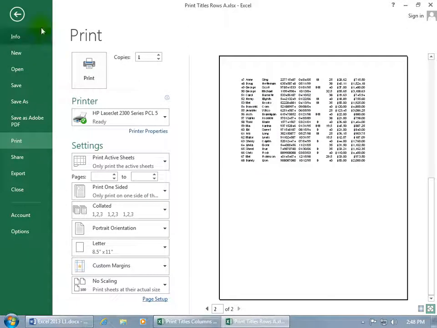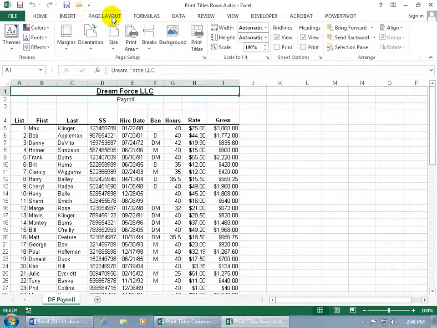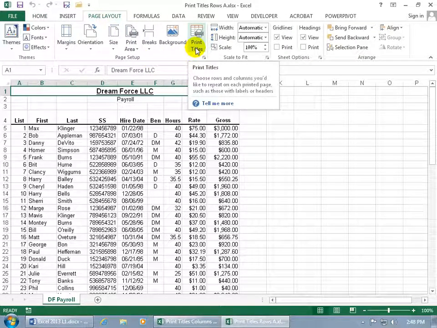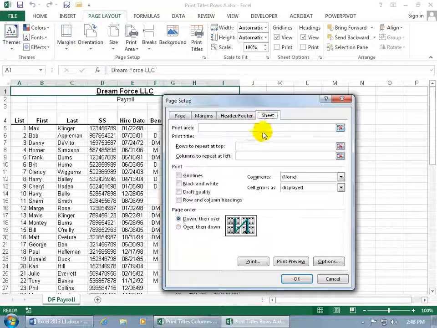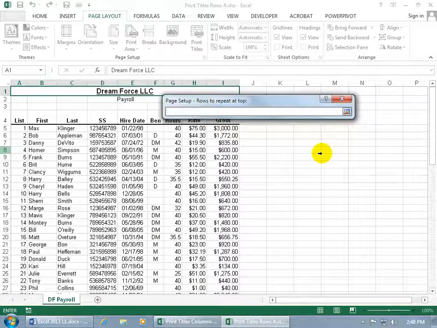Let's click Cancel, click back. It's on the Page Layout tab, in the Page Setup group, and there it is, Print Titles. Click on it. And there it is, the Sheet tab and rows to repeat at the top. Go ahead and click on its collapsible dialog box button so we can collapse the window so we can see where we're going here. Well, if it's still in the way, you can click on the title bar to move